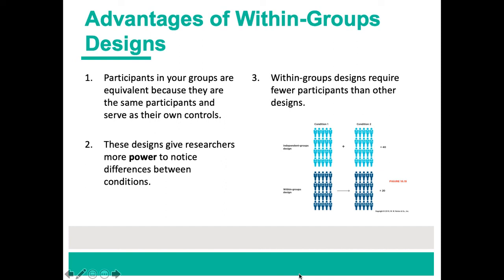Some of the advantages of within groups specifically is that your participants themselves and your groups are equivalent because they're basically the same people. So we say that they serve as their own control group. So think about that for a second. If you have somebody getting the placebo drug, the 100 milligram dose of the drug, and the 300 milligram dose of the drug, you see them, their exact DNA, everything about them that's unique, responding to each different level of the drug and level of that independent variable,